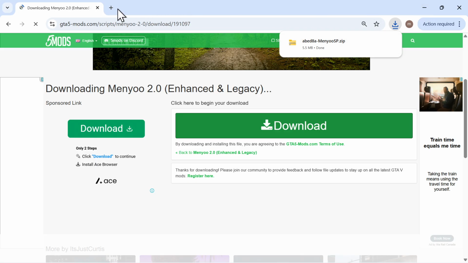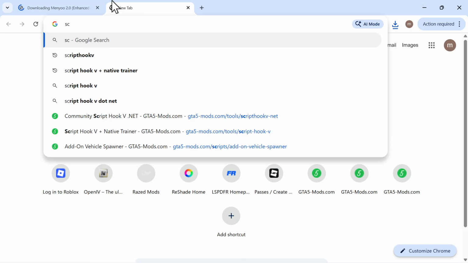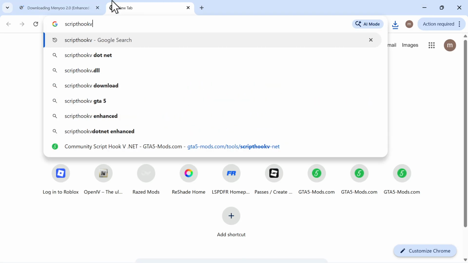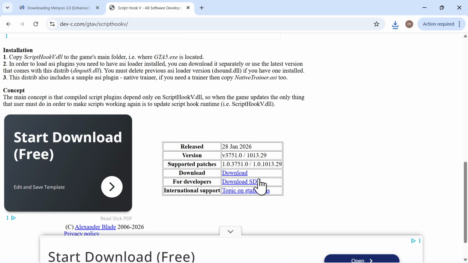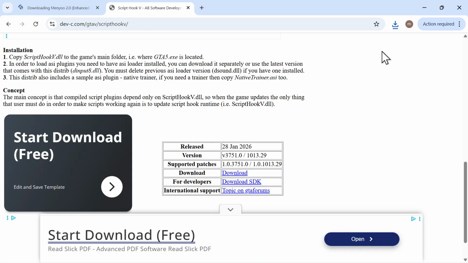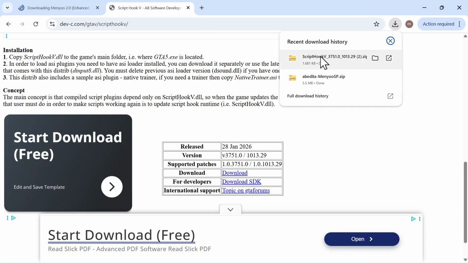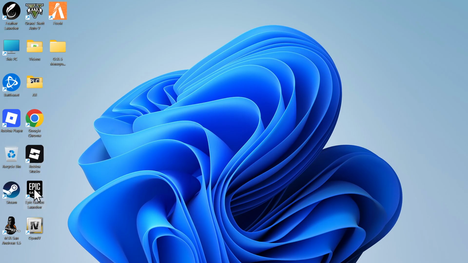After you download this, go here, type in script hook v, and then you want to download this one as well. So go down here and download this one. Let me see, this is the one you should download. So after you downloaded these two folders, let's go to Epic Games,